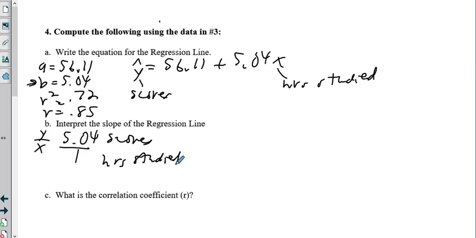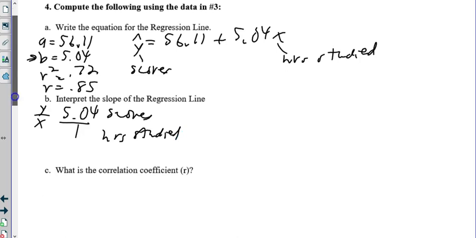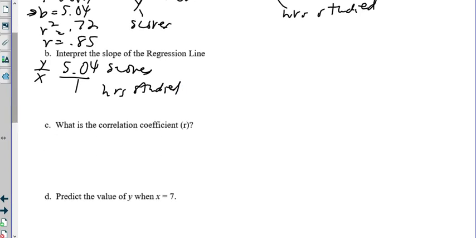What does it mean? 5.04 for scores, 1 hour study. It means for each additional hour of studying,